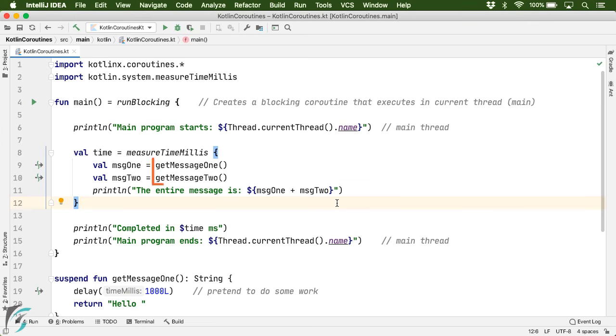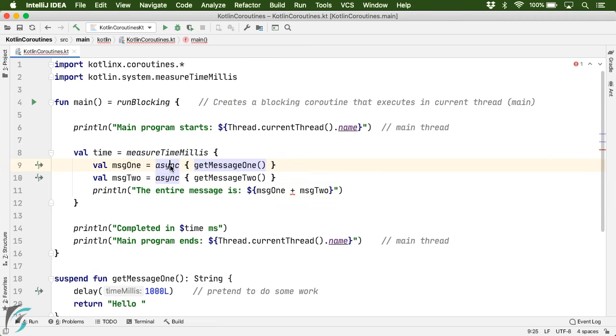So here, as mentioned, these two statements or functions are getting executed sequentially. Now, if we wrap these two functions within async or launch coroutine builders, that is, we create another child coroutines within this runBlocking coroutine, then let's see what happens. What I'm trying to say is, if we create a child coroutine using the async coroutine builder over here, and also launch another child coroutine using async over here like this, then we all know that this async